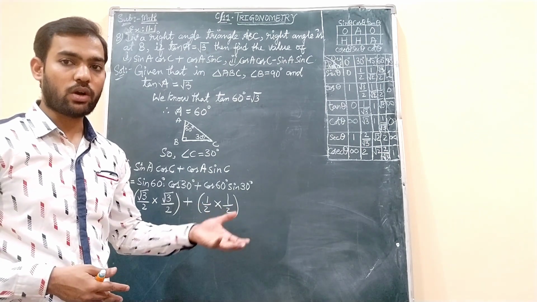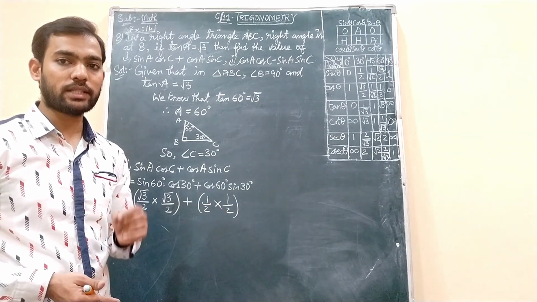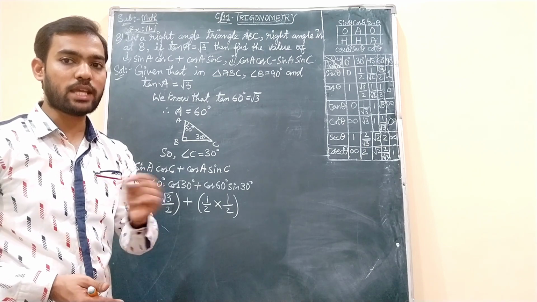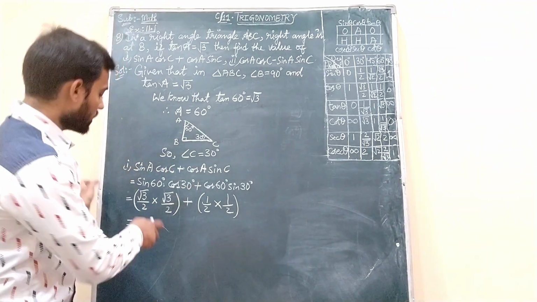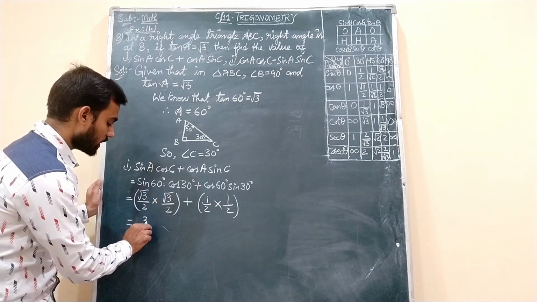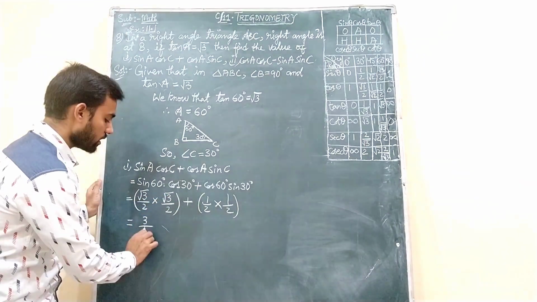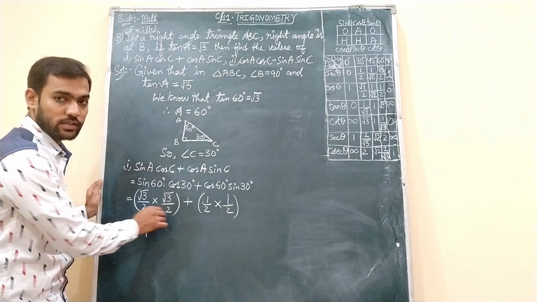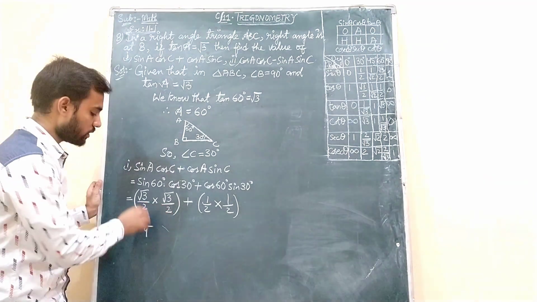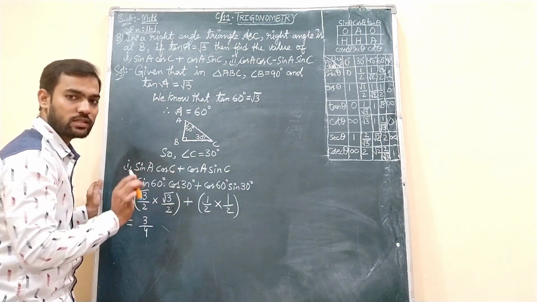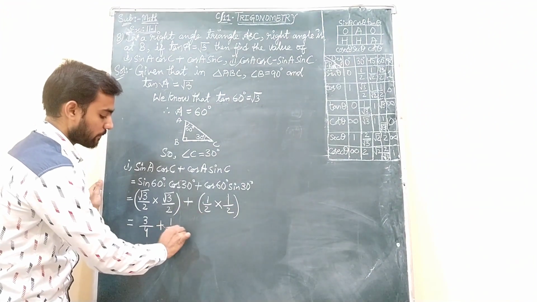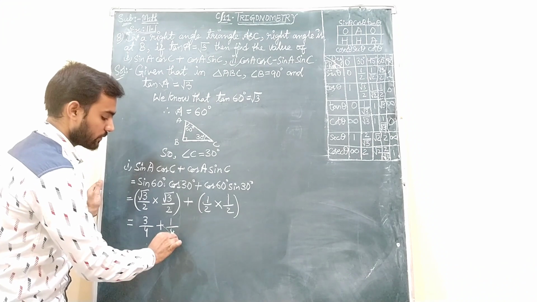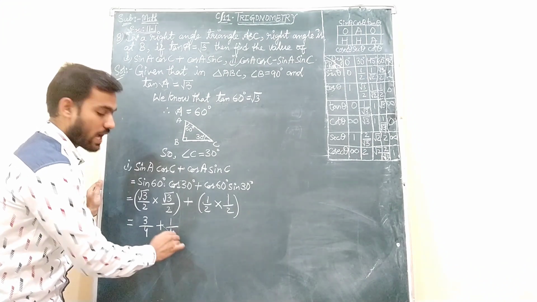So instead of doing all those steps, just directly, you remember that whenever you multiply two same irrationals, you just need to write the number without root. Okay. So root 3 into root 3 gives you 3. And 2 2s are 4, because here no root is there. So 2 2s are 4. Here roots were there, so root 3 into root 3, just 3 you need to write. Plus 1 1s are 1. 2 2s are 4. Now we need to add them.